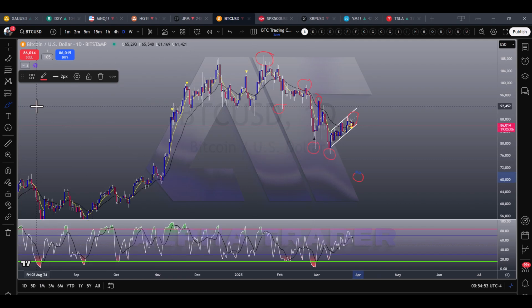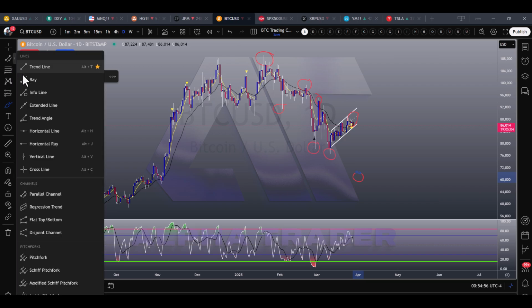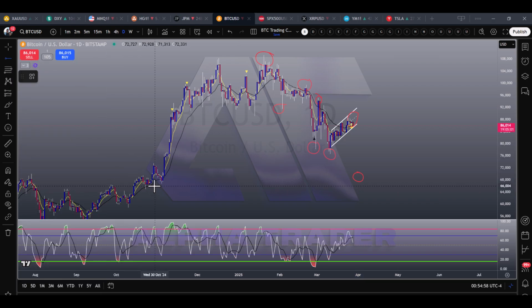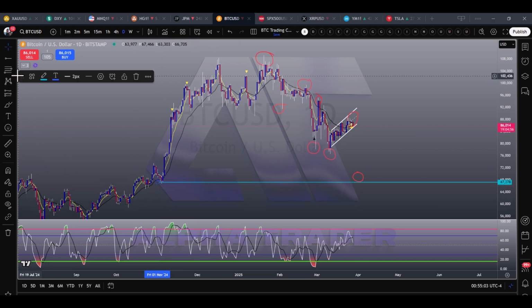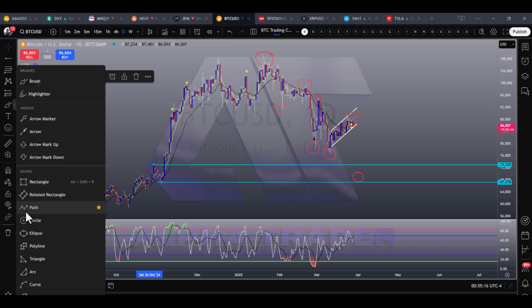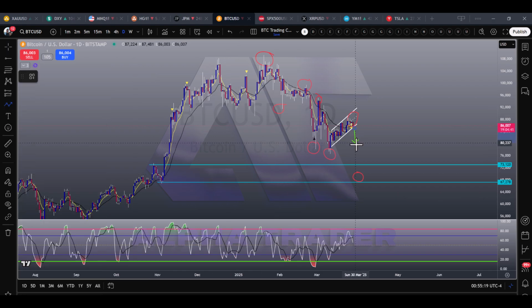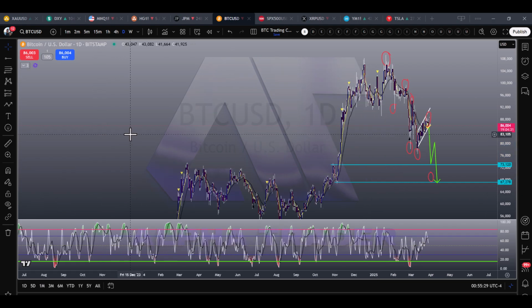Now, the reason we say that is because we have a support zone setting right over here, a pretty good size one. And right there is the support zone. You can mark the resistance as well, which is right here, okay? So you have that right down here. It could pop and then come down and hit at that point. So you might have a formation or a move, something like this, where this begins to drop. Then you got a pop, and then you have a drop and a completion of the move right there. So that's what we're looking for right now.